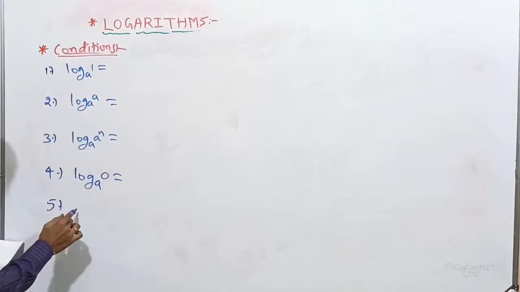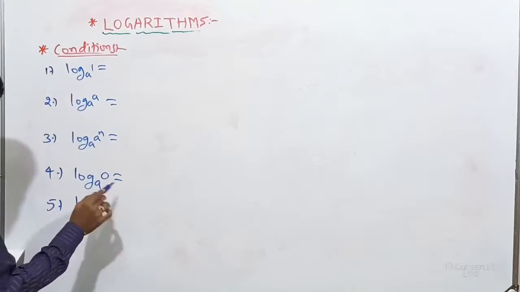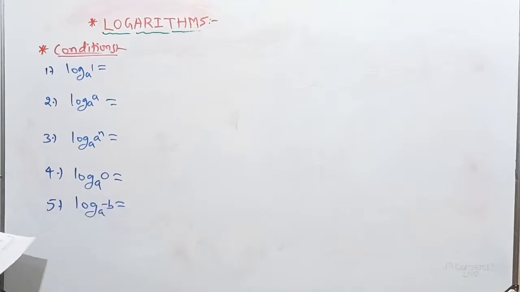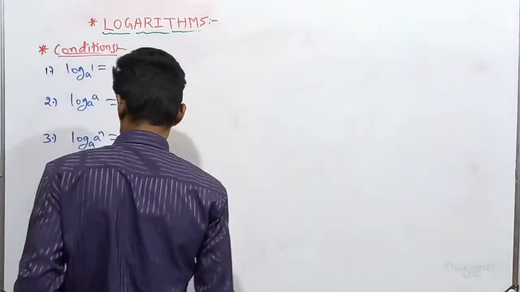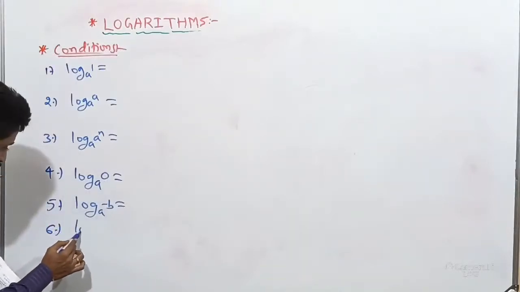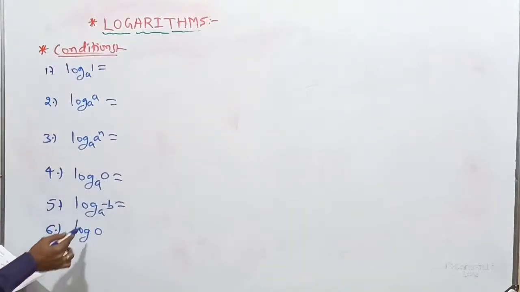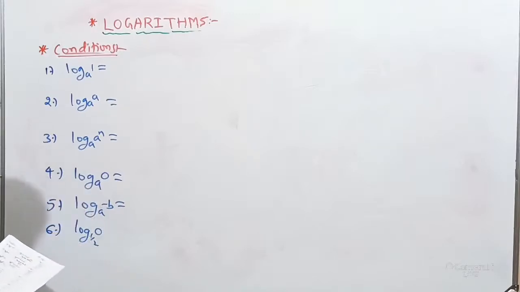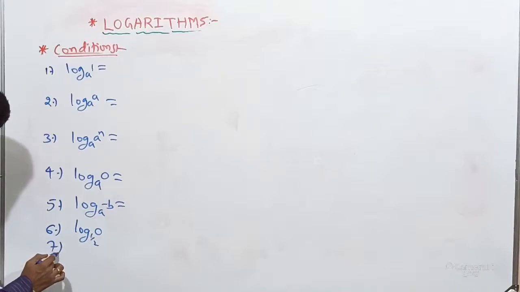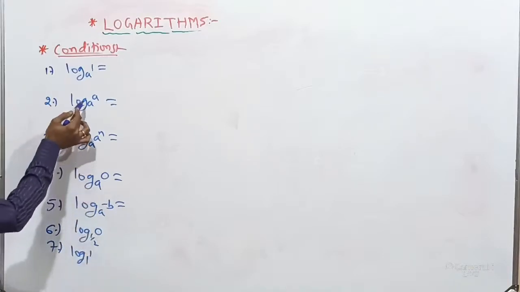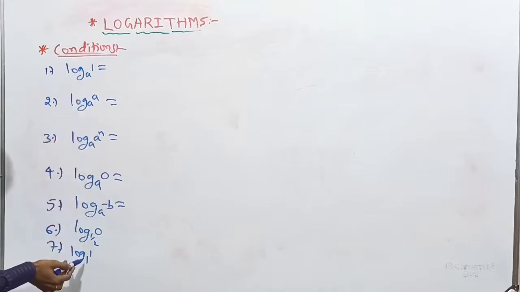Next, the fifth one, log of some negative quantity. In case I have some negative quantity, what result will I get? And the next case, the sixth one, here I will write log of the rational number. Already I took the case of 0. In case of some rational number, what is your actual result? And the last one, the seventh one, that is log of 1 to the base 1. Already I applied the same case, same bases, but particularly 1 and 1 I take them.